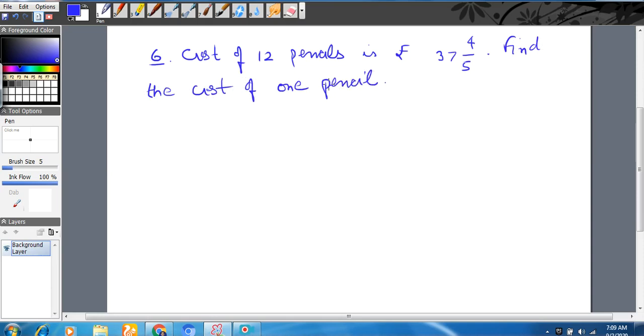So in my previous videos I explained the concept that if the information is given about many and it is required to find about only one, we have to perform always division. So just write cost of one pencil is rupees. तो जो भी कॉस्ट है उसको हम 12 से डिवाइड करेंगे